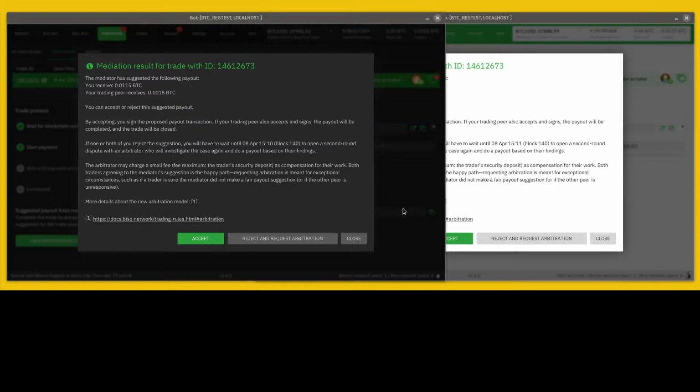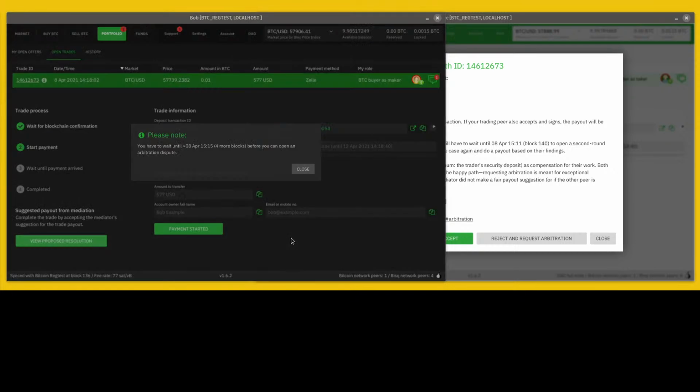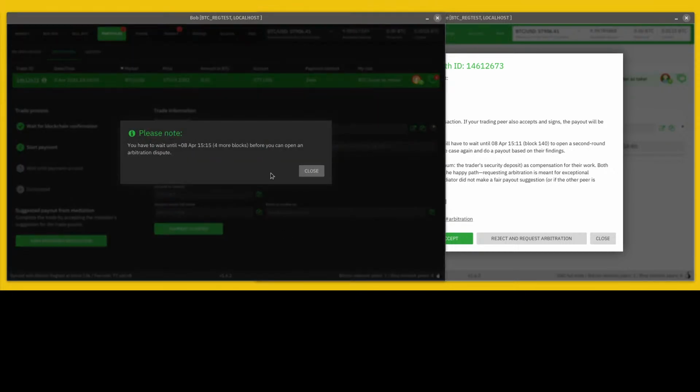So for the sake of completeness, let's go through and reject and show you what happens. The other thing I forgot to mention is that you have to wait in order to engage arbitration, and that's just another measure to discourage people from getting to this point in the first place. So not only do both parties lose all their deposit funds by rejecting a mediation suggestion, but they also